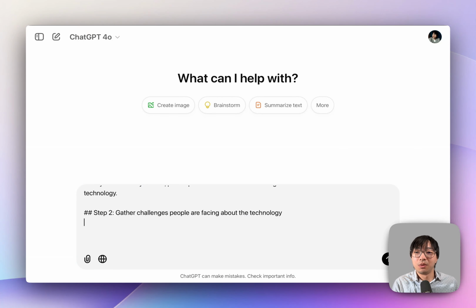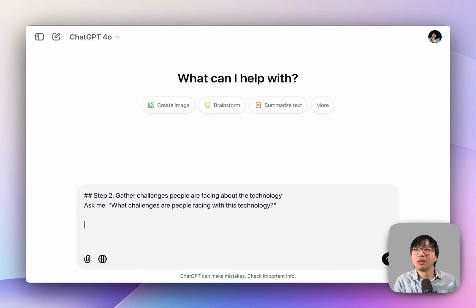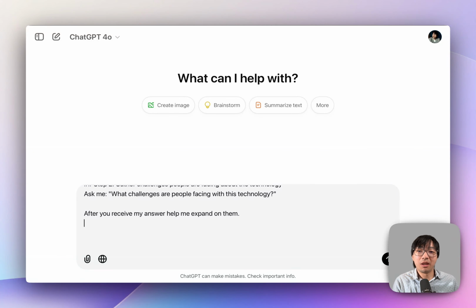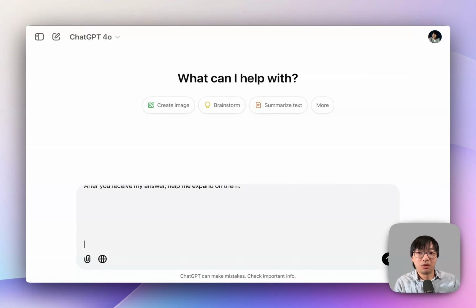So again, I'm going to add a new line that says, ask me what challenges people are facing with this technology? And later I will explain exactly what I mentioned. And then I'm also going to add and say, after you receive my answer, help me expand on them, so that if I just say something short in a sentence, it can be expanded on based on my answer to add more meat. And then I'm going to now ask it to move into step 3,